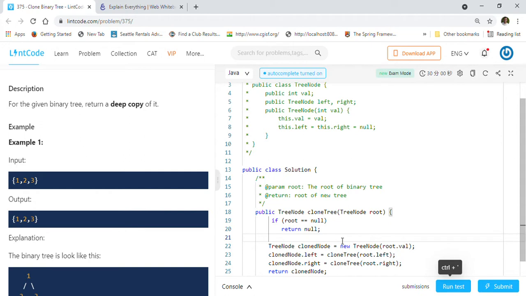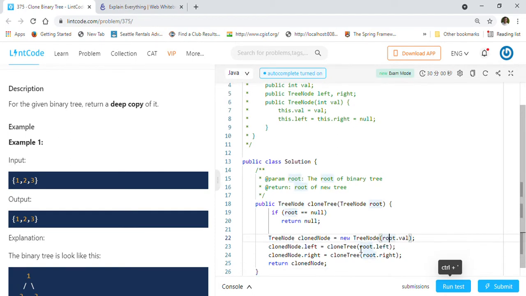Otherwise we will create our tree node. For our clone tree we will create our own tree node with the root's value, and then we will go and clone the left side of the tree and clone the right side of the tree, right? That's what we are doing here, and we will attach the cloned subtree for the left side to clone node dot left, right?